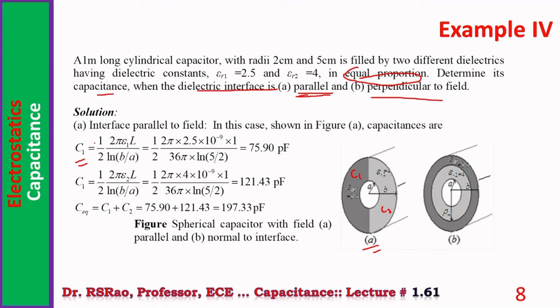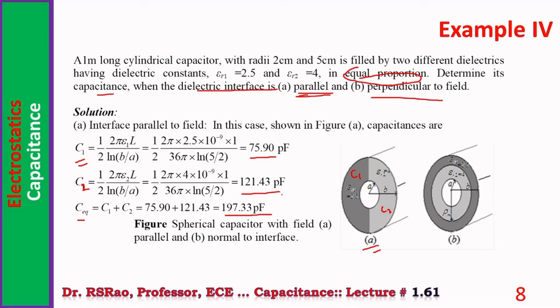C1 can be found equal to 1 by 2, 2 pi epsilon 1 L by natural logarithm B by A. Substitution results in 75.90 picofarad. Similarly, C2 also can be found. It comes out as 121.43 picofarad. Total or equivalent one is C1 plus C2. It turns out to be